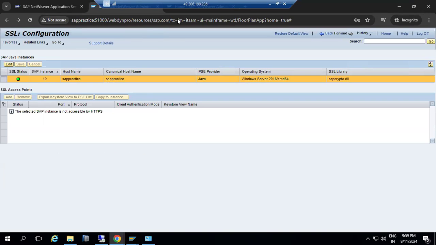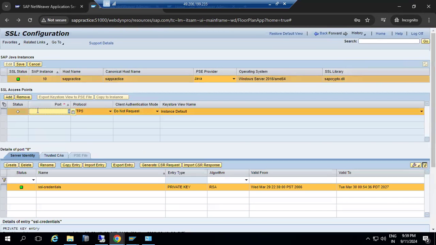Normally we are using only HTTP configuration here. This is HTTP only, but HTTP is not secure. If you want to enable HTTPS here, then we need to configure the HTTPS ports. Port configuration means again, we need to create a CSR request. That request we have to import here. HTTPS certificate means here